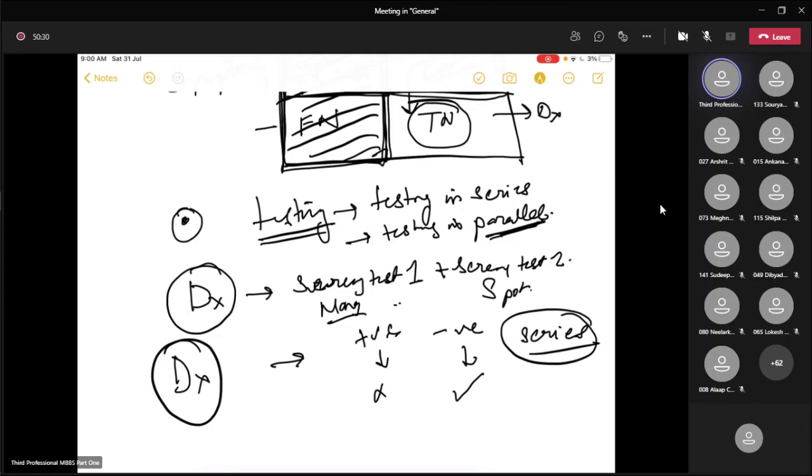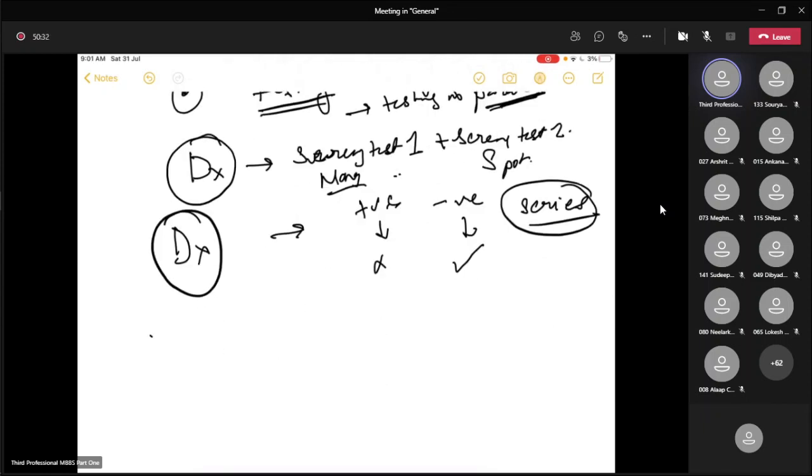The second interesting point is that in areas where the prevalence of the disease is high, the positive predictive value will increase and negative predictive value will decrease. এটা তোমাদের এমসিকিউ তেও আছে এবং কনসেপ্টটা জেনে রাখো। যদি কোনো এরিয়াতে কোনো একটা ডিজিজের প্রিভ্যালেন্স হাই থাকে, তাহলে পজিটিভ প্রেডিক্টিভ ভ্যালু বাড়বে, নেগেটিভ প্রেডিক্টিভ ভ্যালু কমবে।